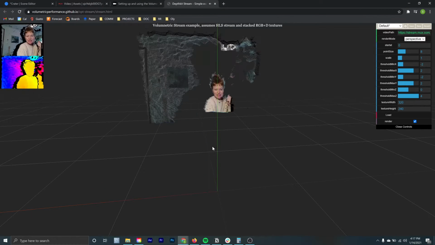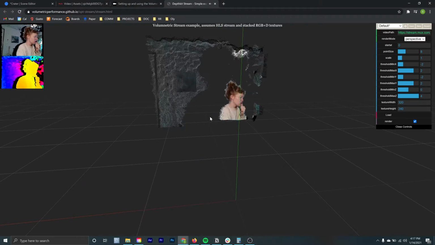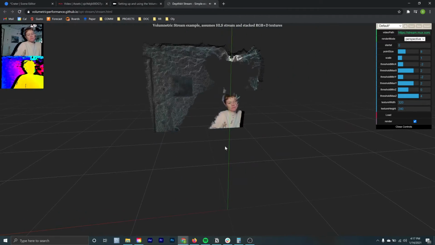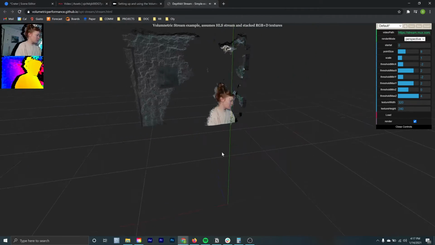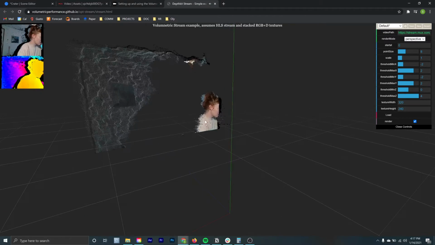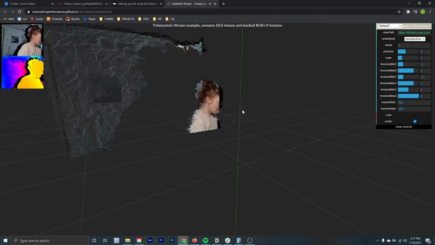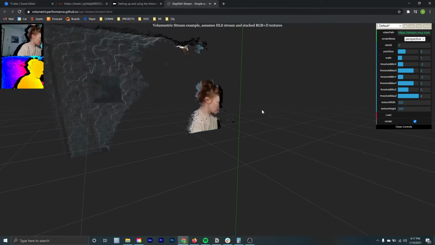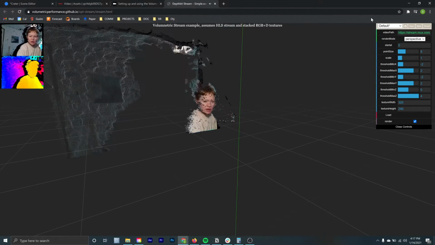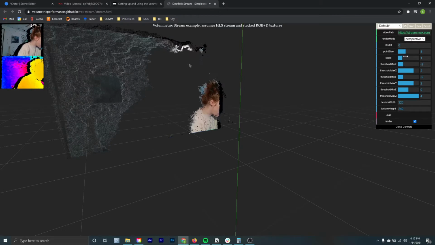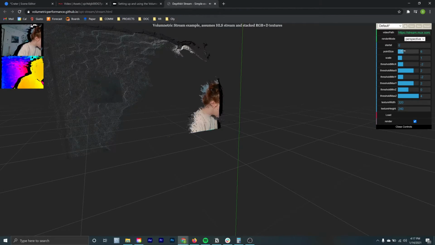So you can hold down the right mouse button to pan around. You can orbit by holding down the left mouse button, clicking and dragging. You can zoom in and out. The quality in this page will look a little bit different. This page doesn't have all the weight of rendering hubs and Spoke around it, so it tends to be a little higher quality. But this lets you also play with the point size